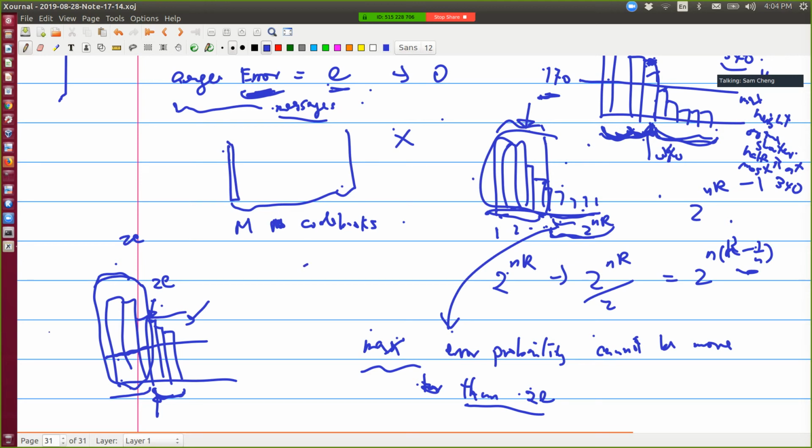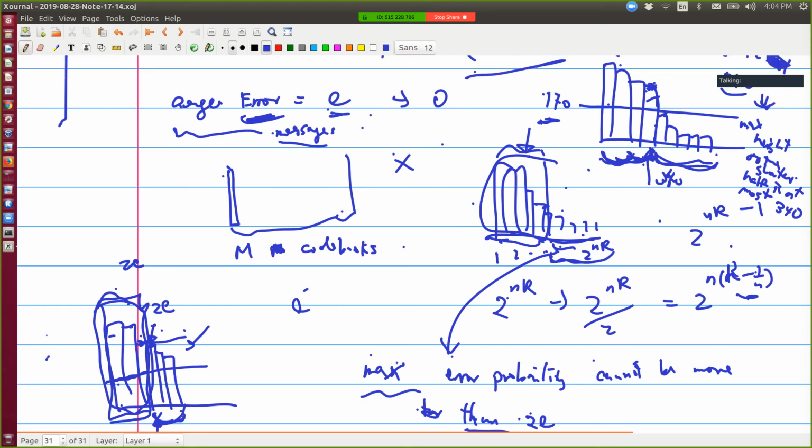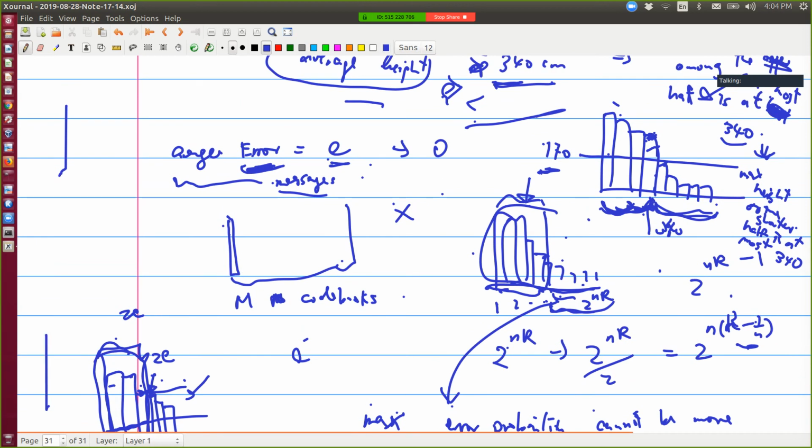Yeah, if it's more than 2E, then the entire average will be more than E, right? More than 2E will be more than E. Because if this guy is more than 2E, this guy will be more than 2E, right? And then all the rest will be more than 2E. So only the upper half already contributes more than E to the average, right? So even if I don't count this side, there's no way the average is equal to E. Yeah, that's right. So from this one here, what we can do is assume that